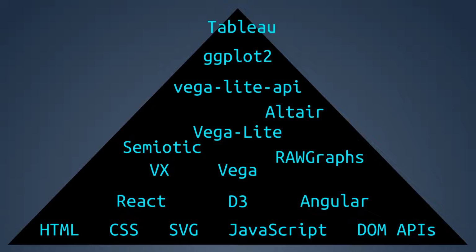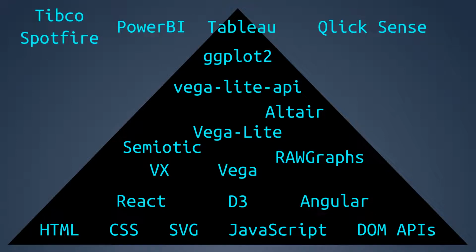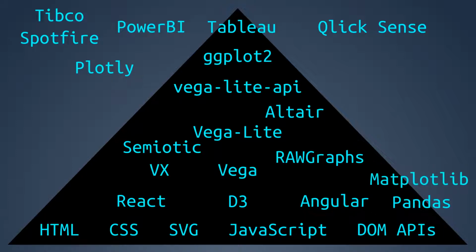code at all. It's just drag and drop. Tools at a similar level of Tableau include Microsoft Power BI and Qlik Sense and Tibco Spotfire. Plotly is another popular one. In the Python world, again, you've got Pandas, a relatively low-level tool for doing mainly data manipulation. And then there's Matplotlib. I would say that's at a medium level of abstraction. And on top of that, you've got Seaborn, another Python library that has functions to create sort of canned visualization